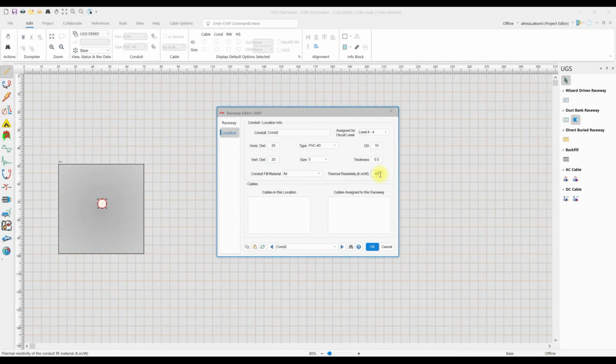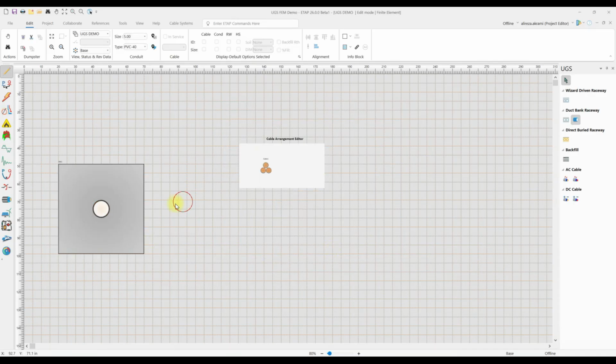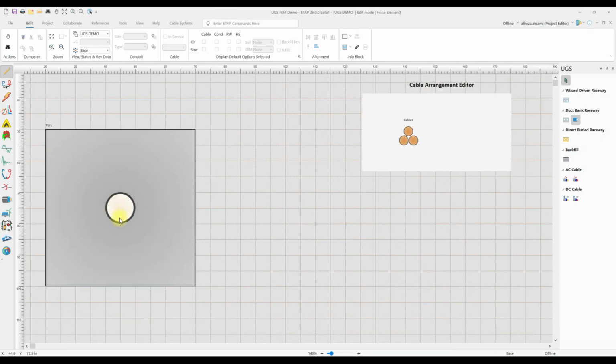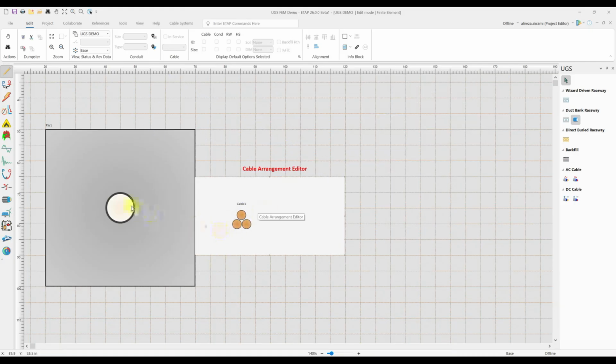And thermal resistivity, we have default values, which are typical values for the air. If you change it to something else, it's going to be updated. But again, you have the option to edit it. It's just a default value, but you have the option to edit it. Now let's hit OK. And you can see that this duct is now applied here. So let's assume that I want to put this cable in this duct as triplex configuration as it